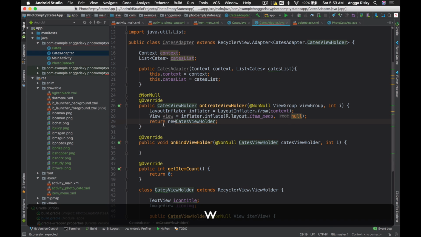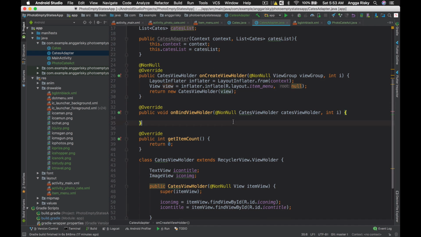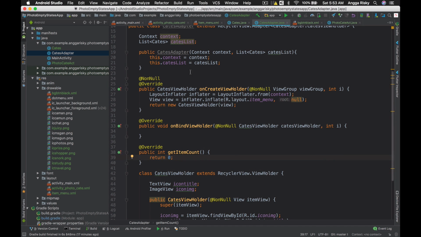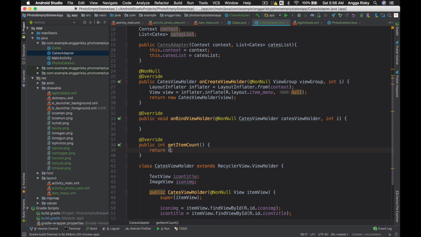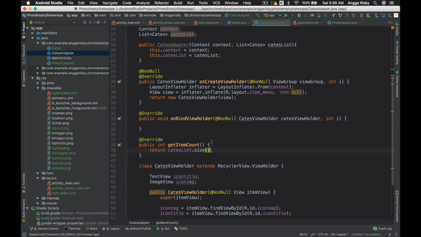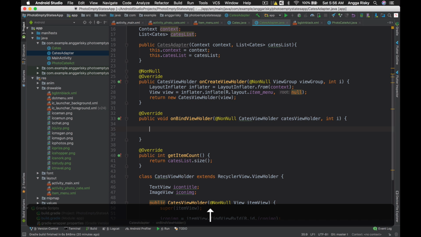So this is new like this, and then we have to inspect to the view. Okay, just like this, and then we have to return this one from the content that we have. Okay, so here I'm going to make catalyst and then size. So the item would be based on the size of the catalyst, and then here I'm going to make